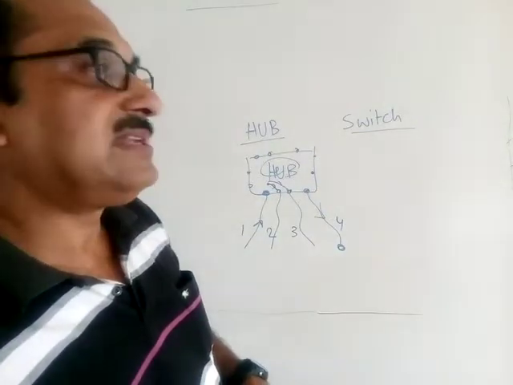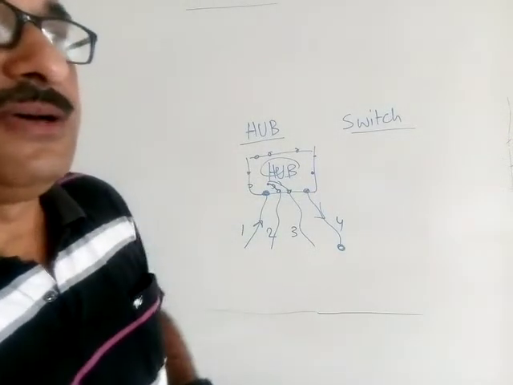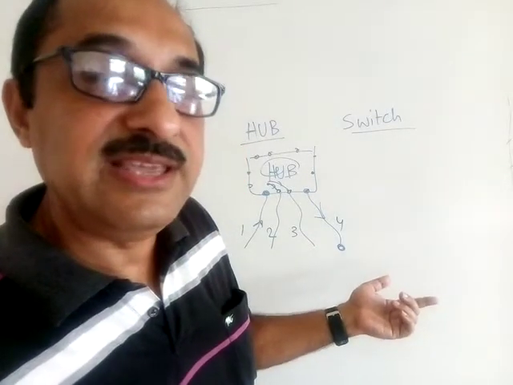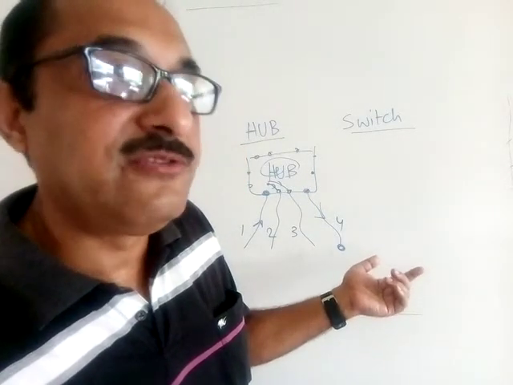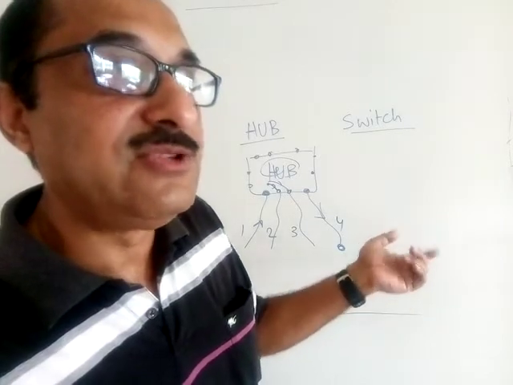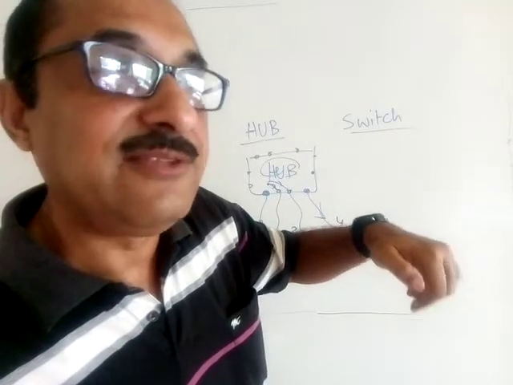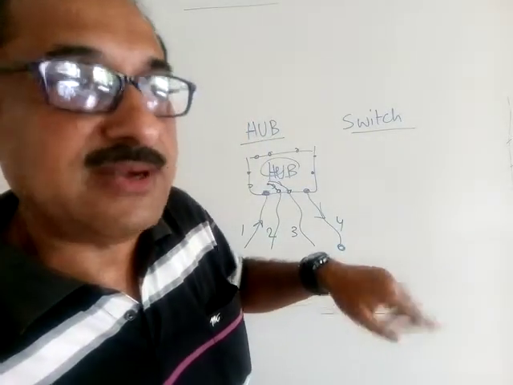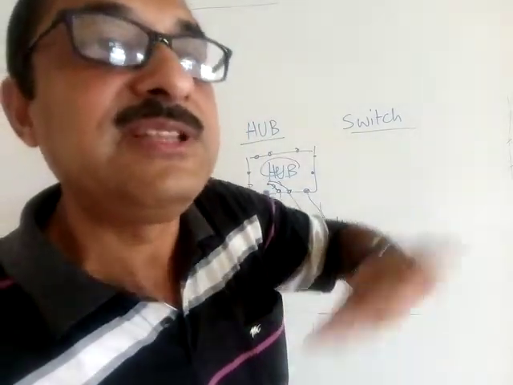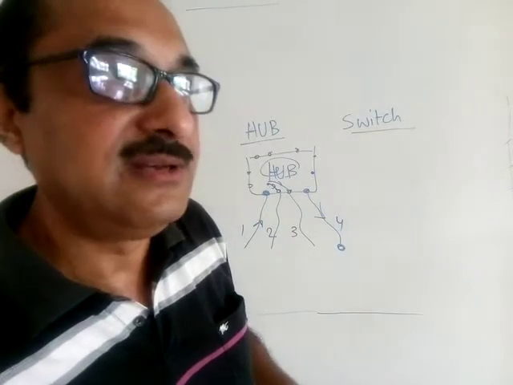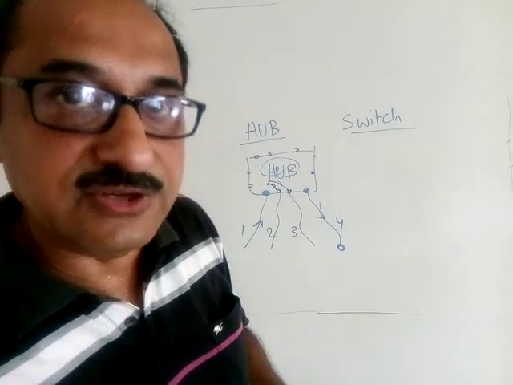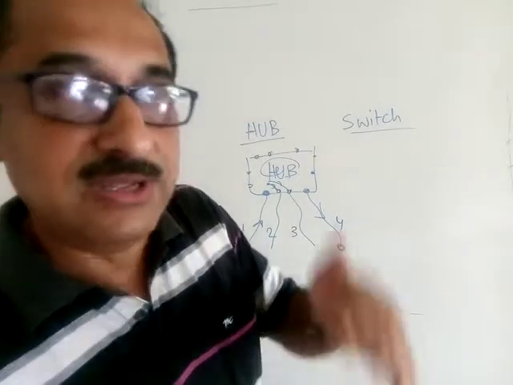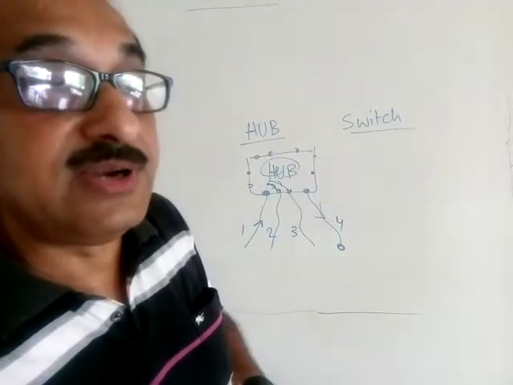It is like you are in a hotel room, and one of you living in room number 1 wanted to call your friend in room number 4. So you called him up over the phone and the phone started ringing in all other rooms where your other friends are staying. But that phone call was not meant for the others. It was only for the friend of yours who was living in room number 4. So that is basically the property of a hub.